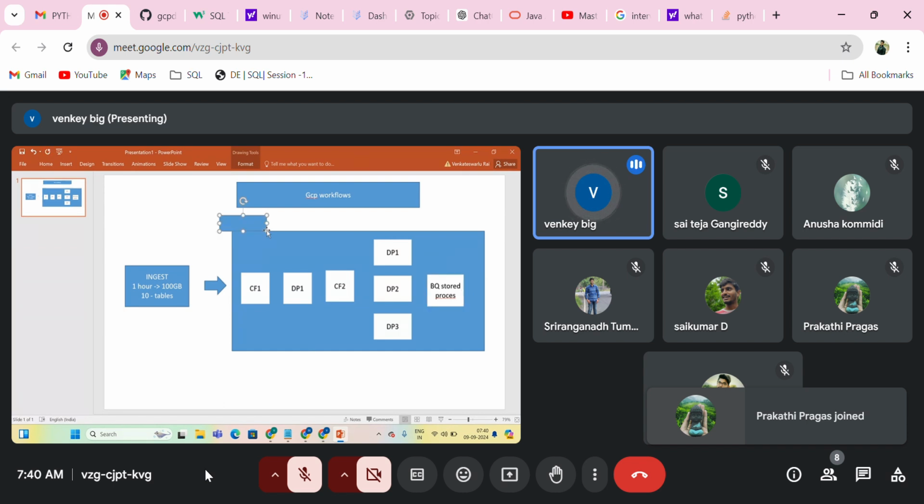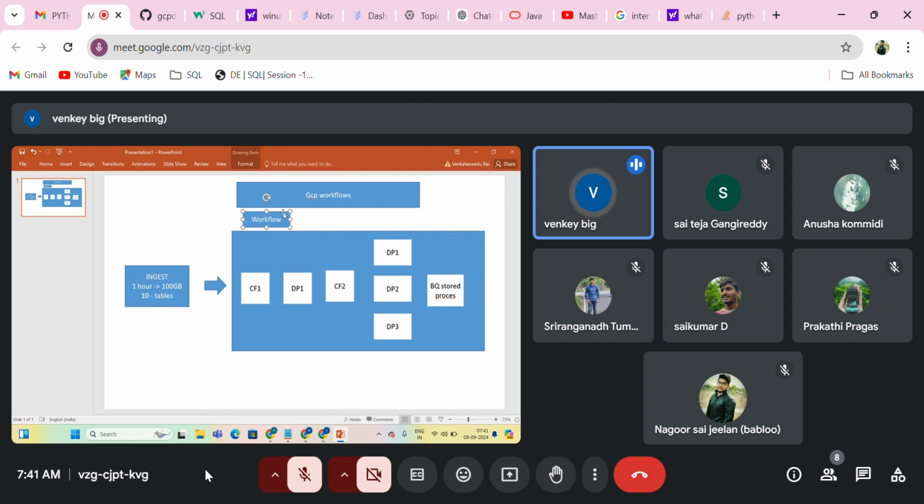Workflows is a serverless orchestration service in Google Cloud. You can do this kind of arrangement in Workflows, and then